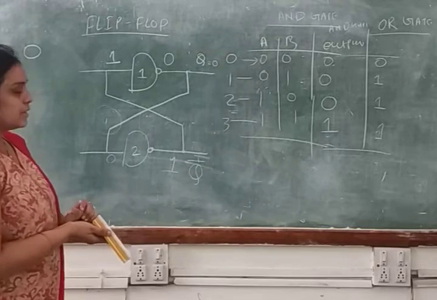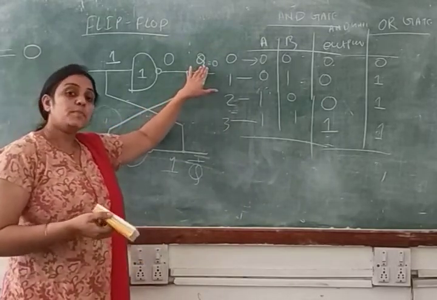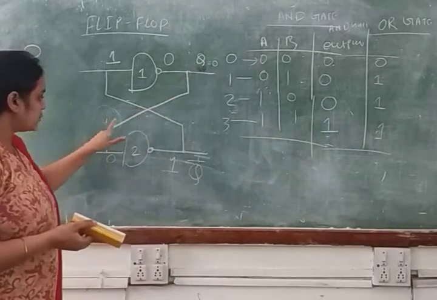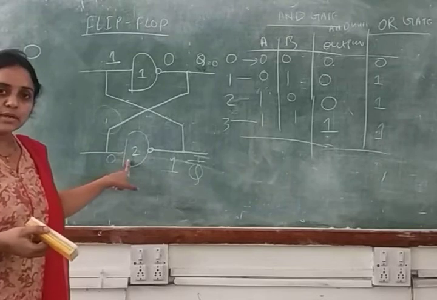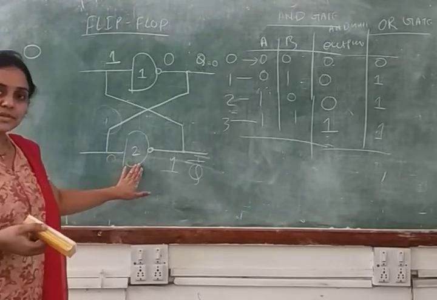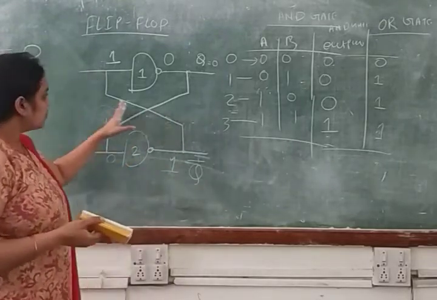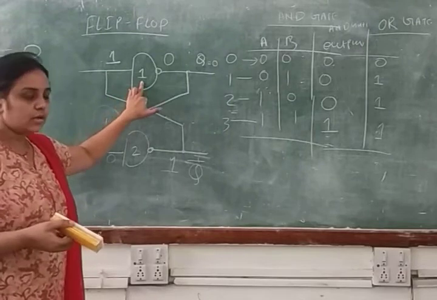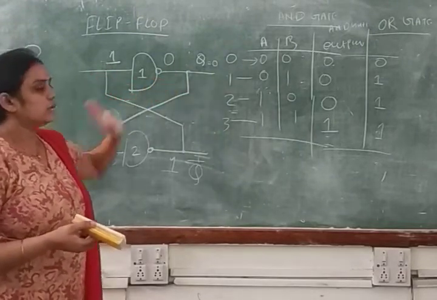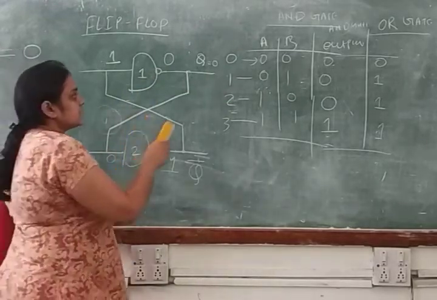So what we have done, we just revise this thing again. First you will assume your previous output. If your previous output is 0, that output we are using as an input to the second number NAND gate. Here when you are providing 0 to the second number NAND gate, you will get output 1. That output basically you are using as an input to the gate number 1. When you are providing that input to the gate number 1, you will get output 0. Okay. Now we will check for the second condition.